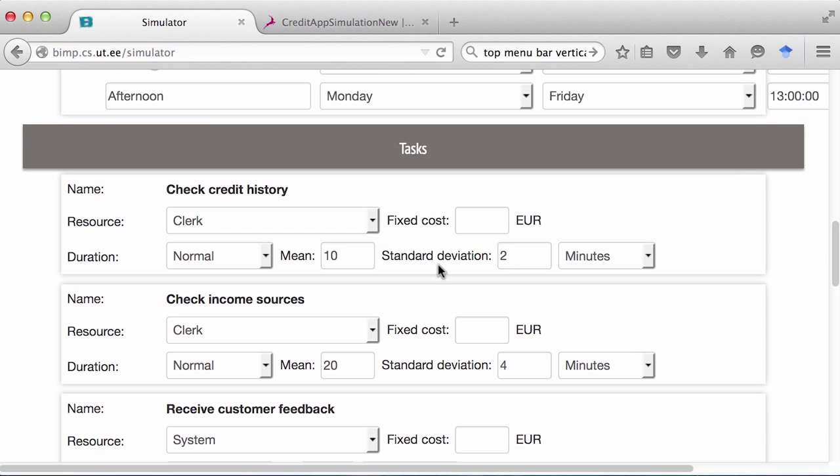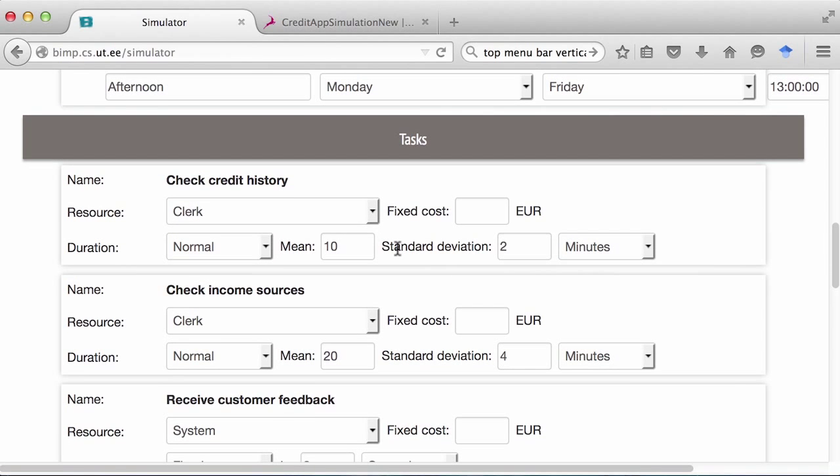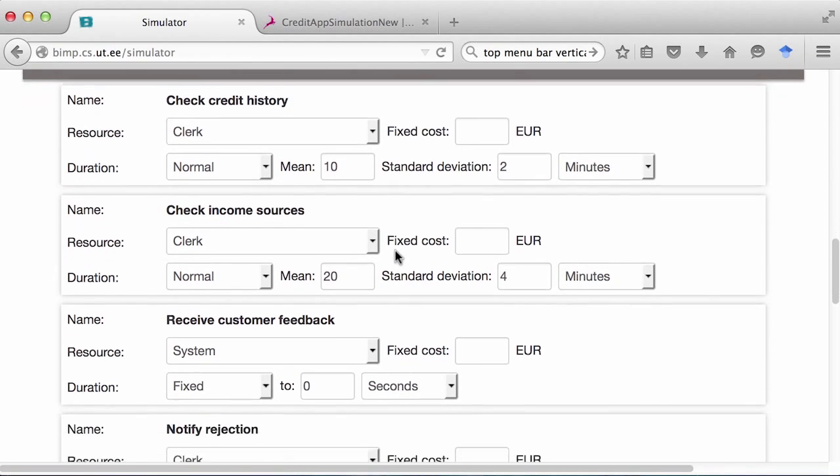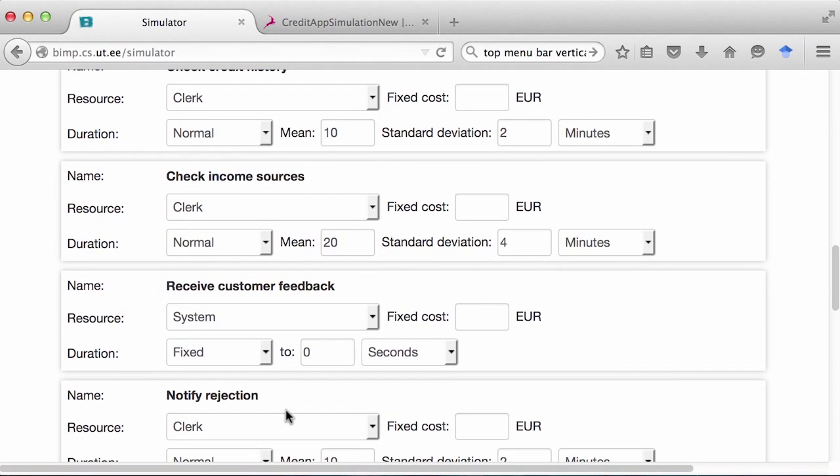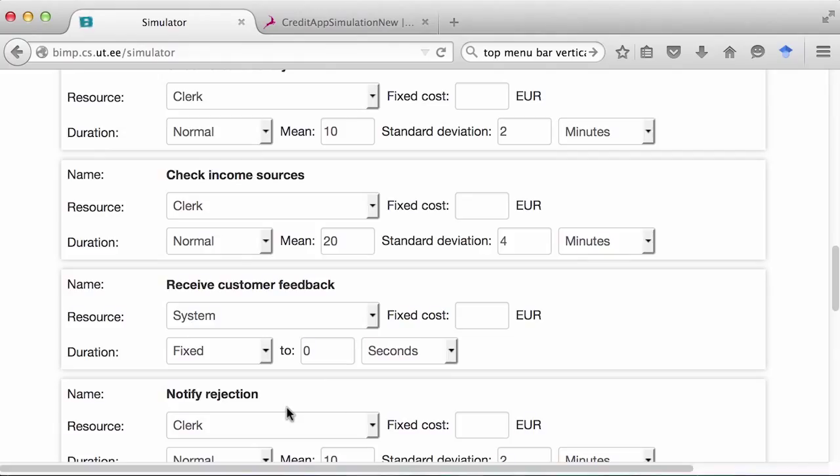This assumption is also made for task check income sources and later on for task notify rejection. Meanwhile, task receive customer feedback is assigned to the system and takes 0 time as it is an automatic task.